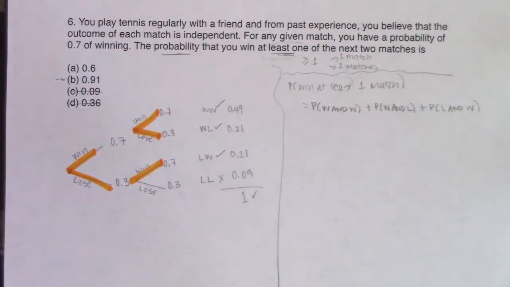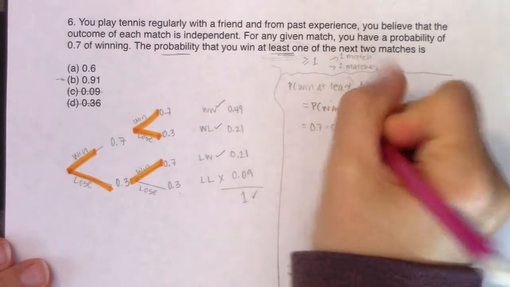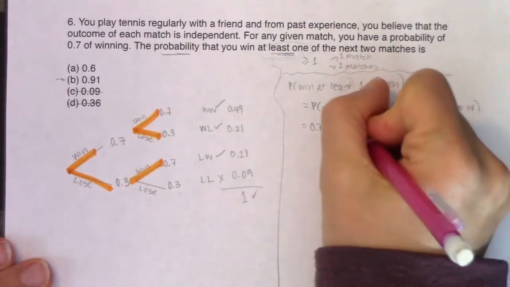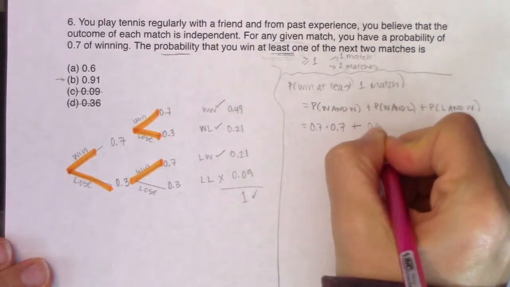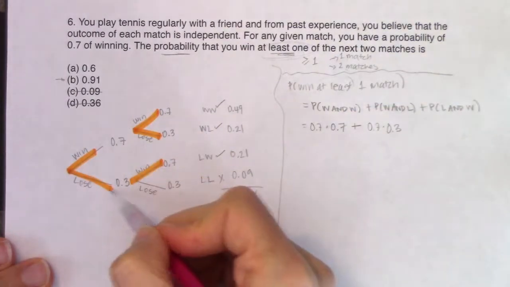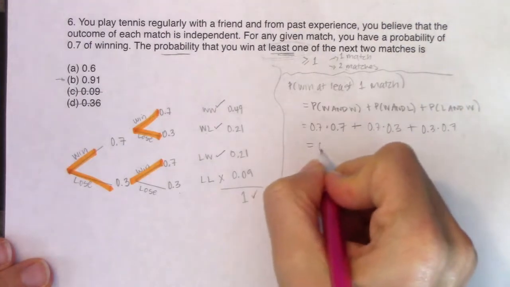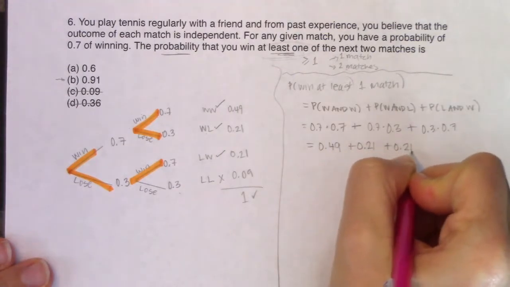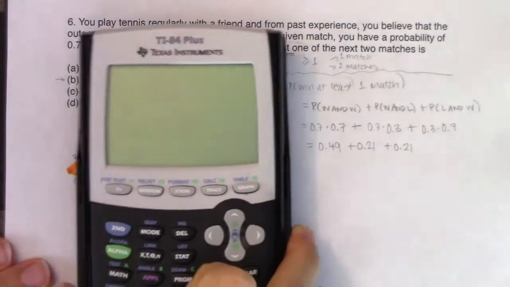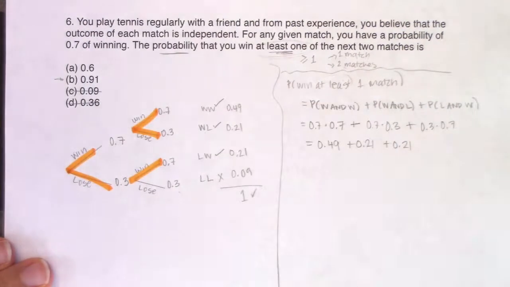So if I look at this, the probability of winning and winning, we've said it, but it's 0.7 times 0.7. I'm going to multiply those respective branches. Winning and then losing, we're going to go top to bottom, so I'm going to go 70 times 30. Losing and then winning, I'm going to go 30 times 70. So when I look at this, this is 49% plus 21% plus 21%. And when I add those 3 numbers together, we've got 0.49 plus 0.21 plus 0.21, and we're looking at 91%.